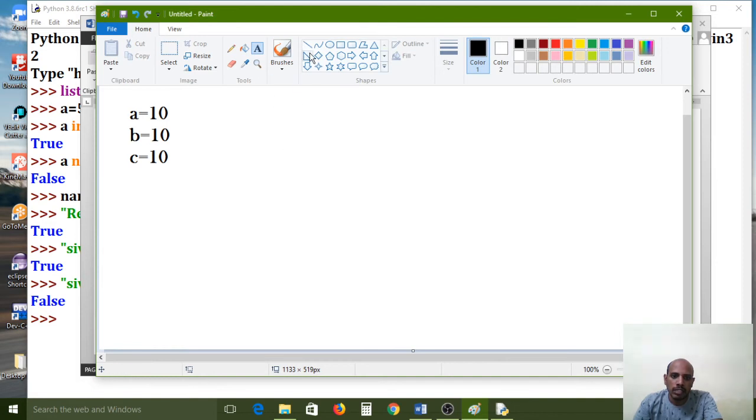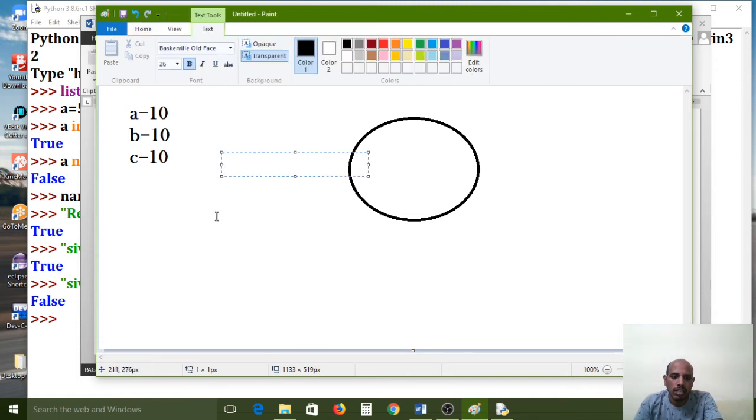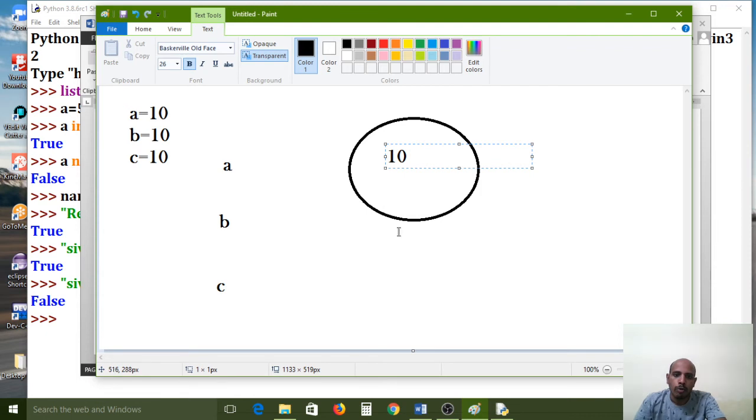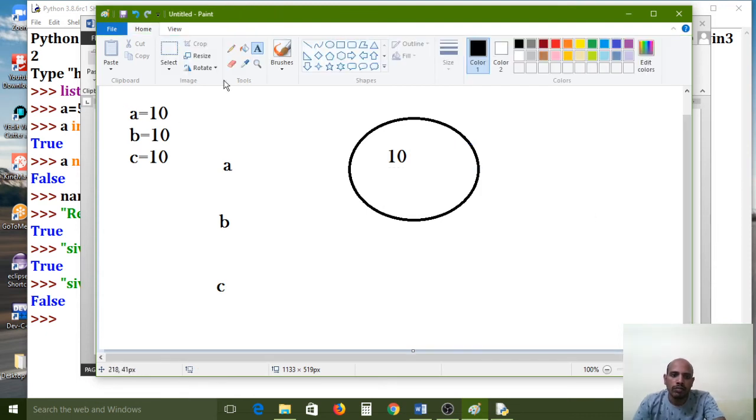This means a, b, c, these three variables are pointing to the same value, the same memory location, because the value is same na.